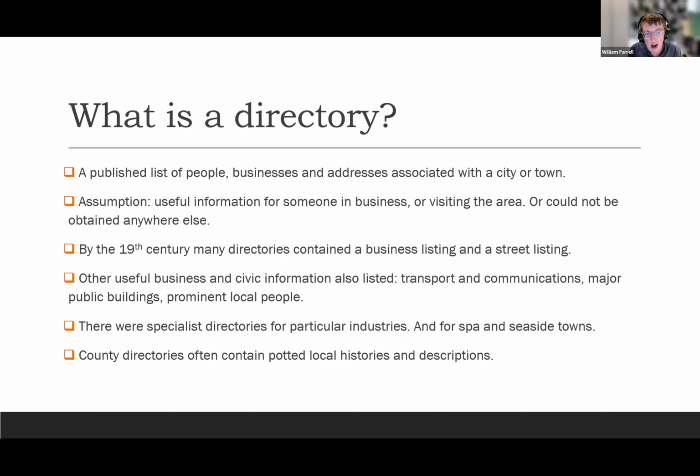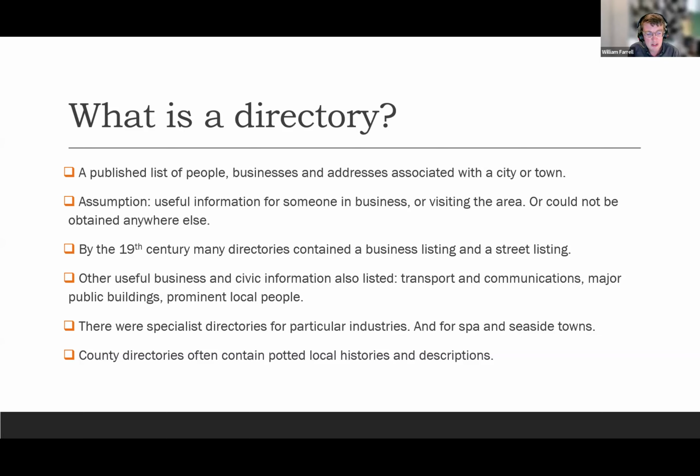I should say I'm concentrating here on Britain because that's what our collection of directories and our library collection at Leicester is about. We have a very good general local and regional history collection, but it's focused on England and Wales. However, from the 18th century, directories were being produced in several European countries and also in North America in a very similar way to the way they developed in Britain.